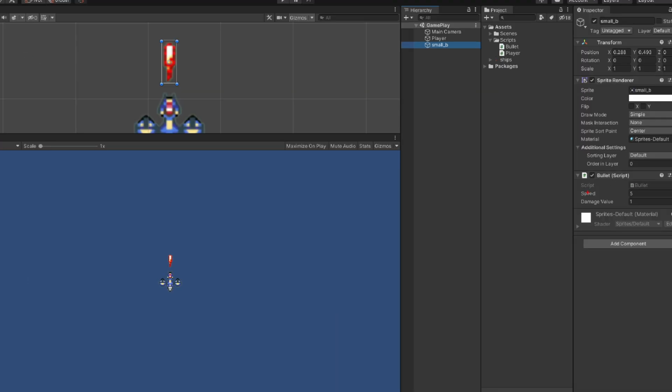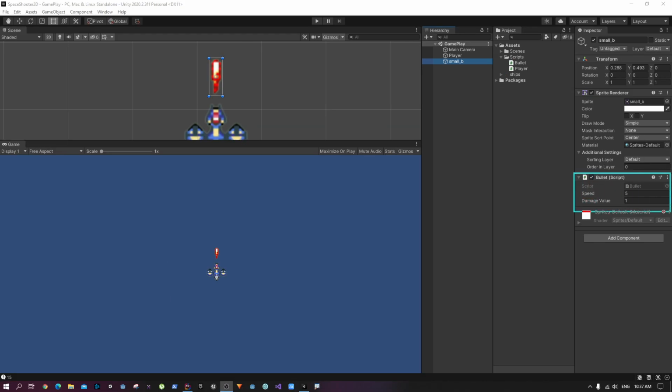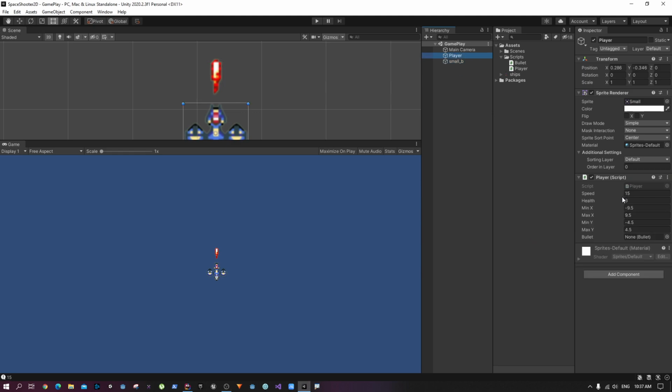As you can see here, we have this bullet script in here, right? Oh, not this one, my bad. The player, and the player has the same stuff here. We have a reference for the bullet. We need to add the bullet object in here. So drag and drop the bullet in here. That is going to be the reference of this thing. And now if I play,